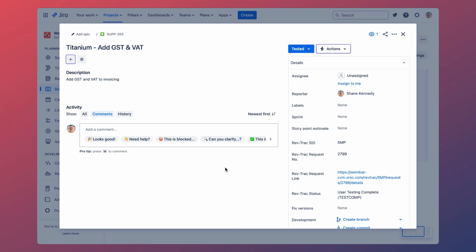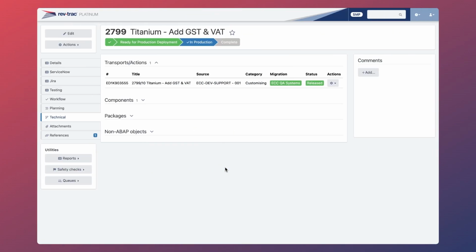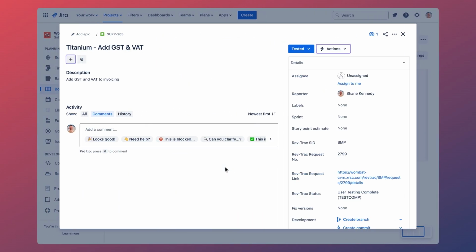We've set an approval dependency in the integration to say that the status in Jira must be updated to pass, signifying a successful test result before we can mark this change as ready for production deployment. Approval dependencies prevent changes from progressing prematurely, enforcing governance and ensuring that key testing milestones are verified before deployment.